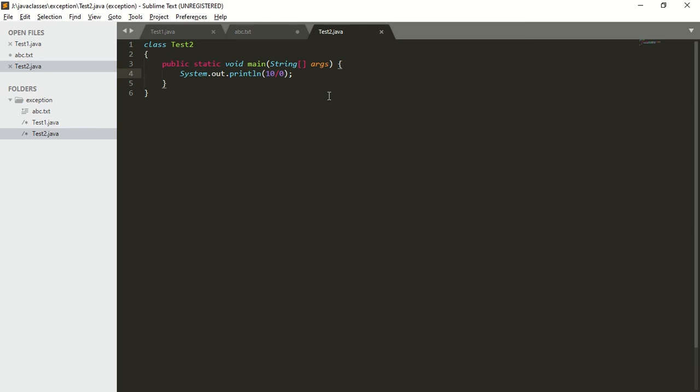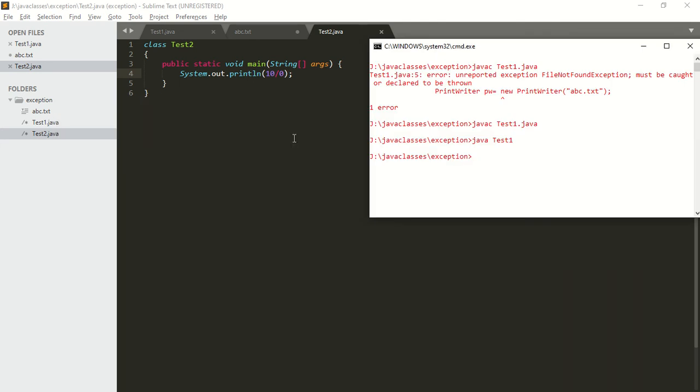So in our program, there is a chance of raising which exception? There is a chance of raising ArithmeticException. Is ArithmeticException a checked exception or an unchecked exception? It is an unchecked exception. Why? The first reason is that it is a rarely occurring exception. The second reason is that ArithmeticException comes under RuntimeException. Remember this: all the exceptions which come under runtime exceptions are unchecked exceptions, and these exceptions are very rarely occurring exceptions.